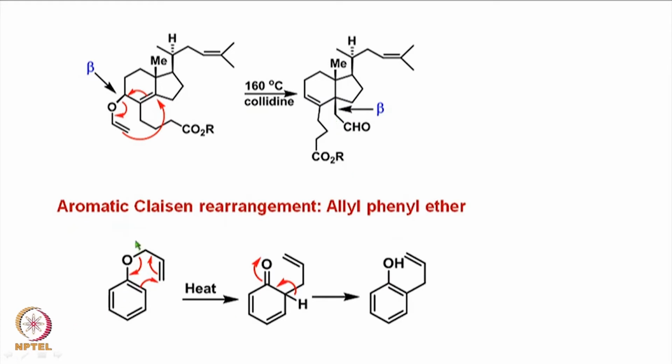Now if we take the aromatic Claisen rearrangement, what we discussed earlier for allyl-vinyl ether type of molecules, then we can write the mechanism in this particular fashion, in which this particular allyl-vinyl ether upon heating would form an intermediate of this particular kind, and the regaining of the aromaticity is accompanied by the formation of the corresponding phenol. Now from the starting material, as you can see, there is a new C-C bond formed at the ortho